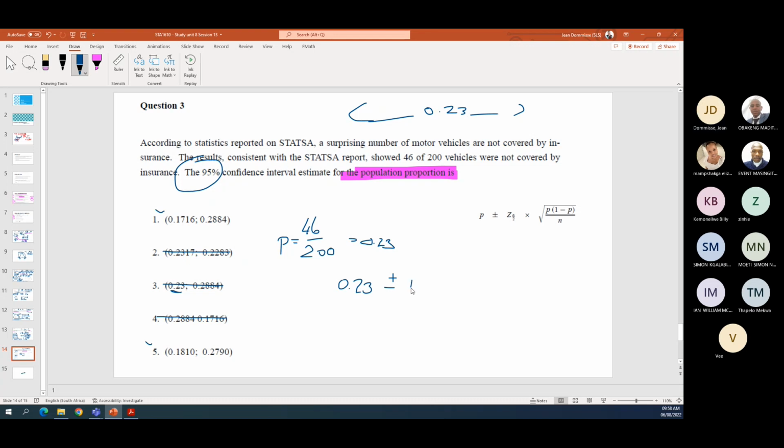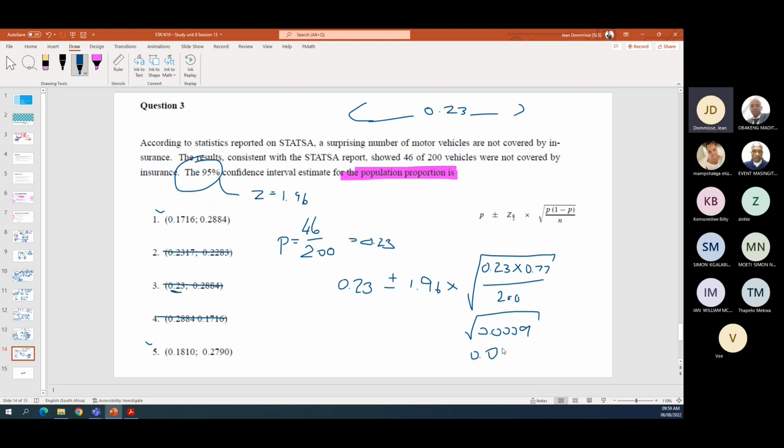0,23 plus minus, we know Z is 1,96 because of the 95% confidence interval. 0,23 times 0,77 divided by n, which is 200. The 0.23 times 0.77 divided by 200 is 0,0009, so it's 3 zeros. But we still need to take the square root of it. 0,029